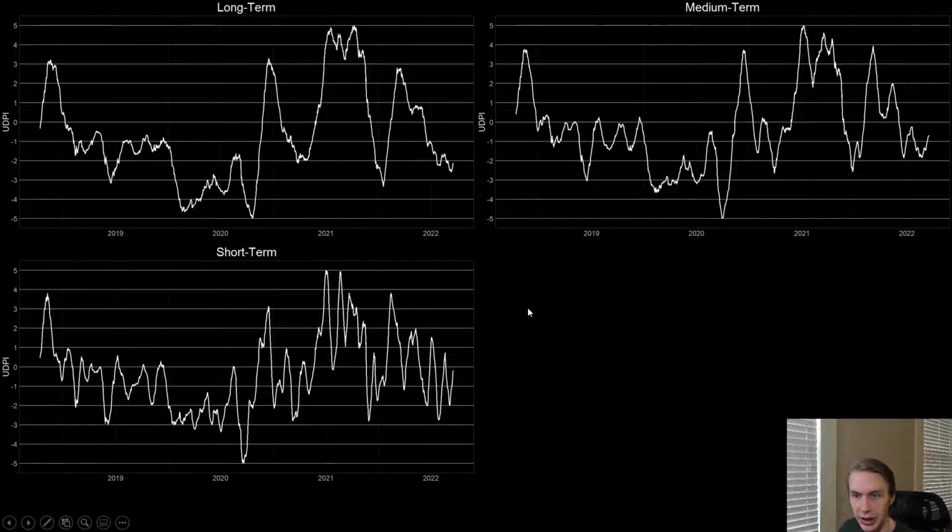And what we can see here is that they're telling a similar story to the long-term UDPI, although they're a little bit more undecided. And as you can see, ZIL has been moving closer up towards 0, suggesting that from the perspective of the model, ZIL is getting to a more even place on a medium-term and short-term time frame in terms of its upside versus downside potential. In the short term, there's a roughly equal upside relative to downside potential,